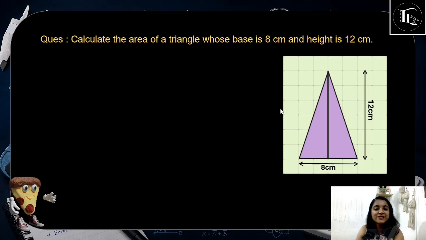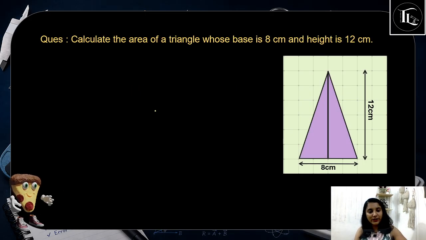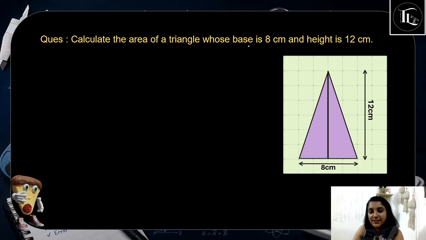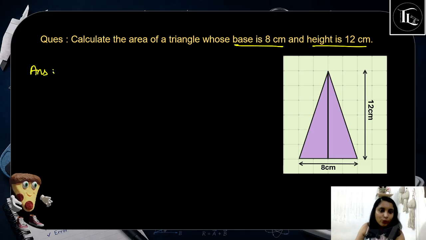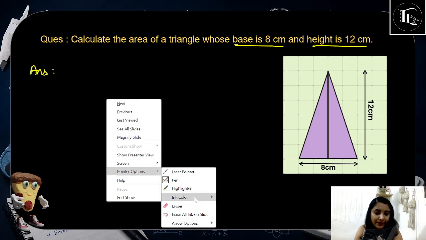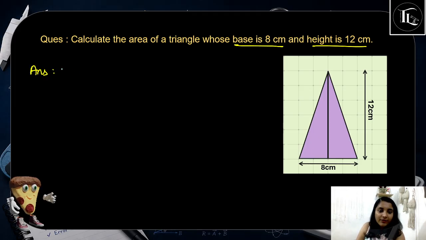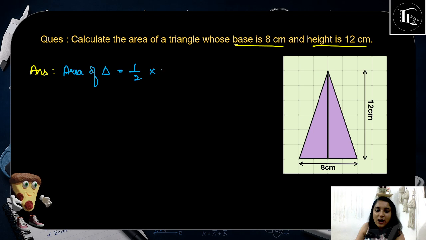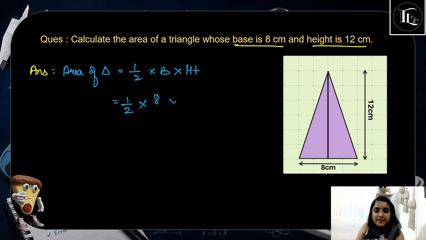Now let us do the questions. Okay, so here is the first question. It says calculate the area of a triangle whose base is 8 centimeter and height is 12 centimeter. So how do we calculate it now? You should know the formula here. And what is the formula? Area of triangle is equal to half into base into height. So half into base 8 and height 12. So the answer is 48